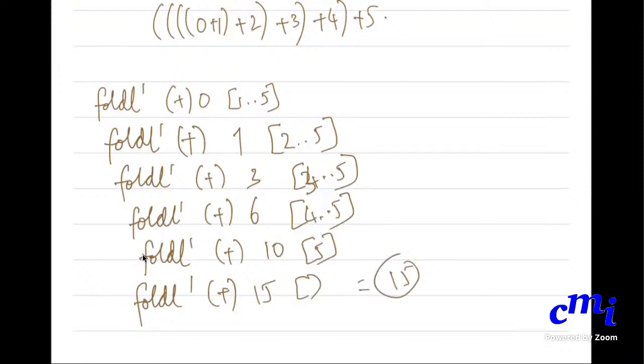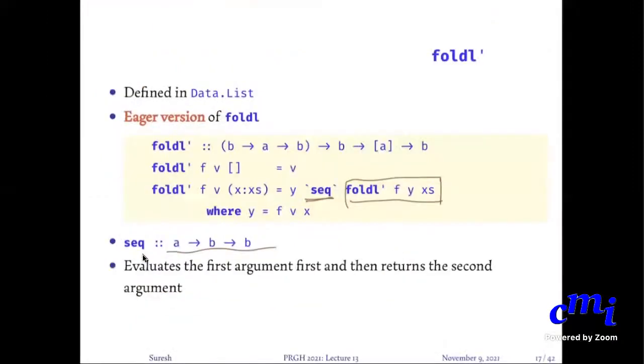Okay, you see how this is much more efficient, and you are actually doing an eager version of whatever Haskell would normally do. This is just to tell you some little bit about the internals. Don't need to worry about it. Just note that if you have to use fold L, consider using fold L prime. It might not matter for evaluating some small examples, but it might very well matter for huge computations.